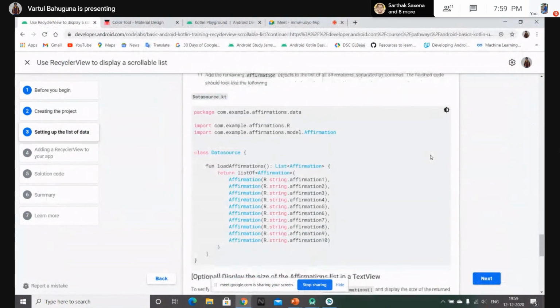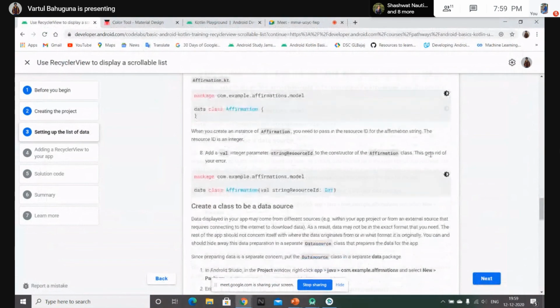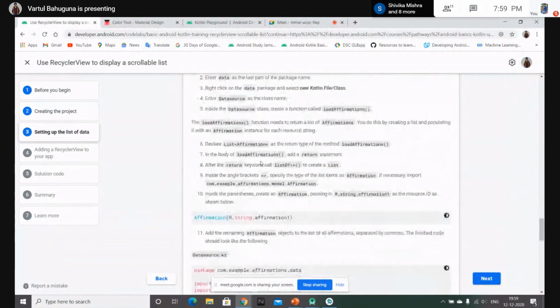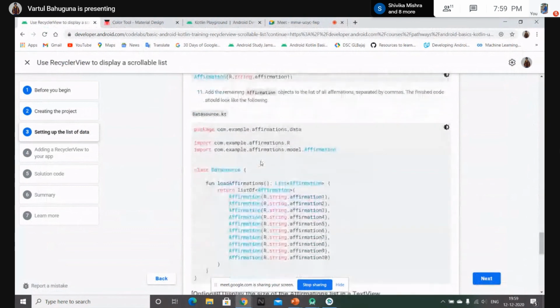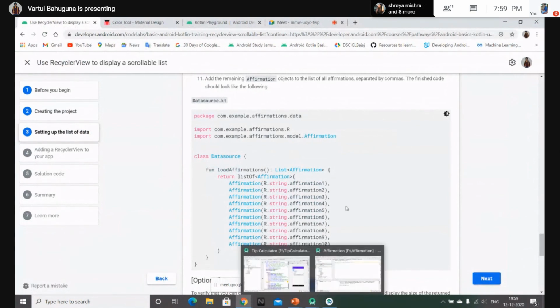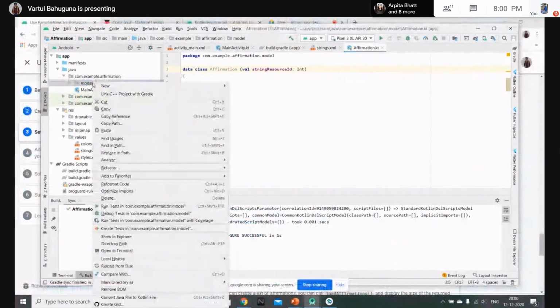So now what we need to do, okay, we have added, then create a class to be a data source. Now we need a class that will be providing us with the list of all the codes that we have written in the strings.xml file.